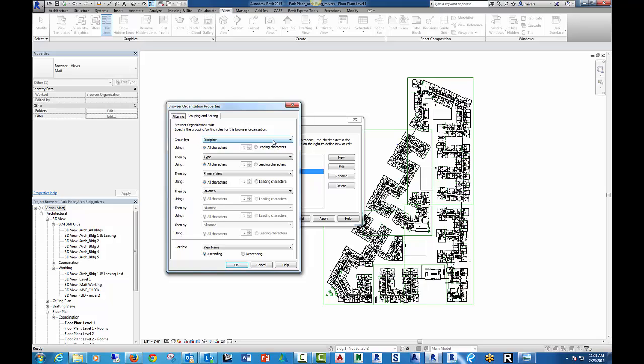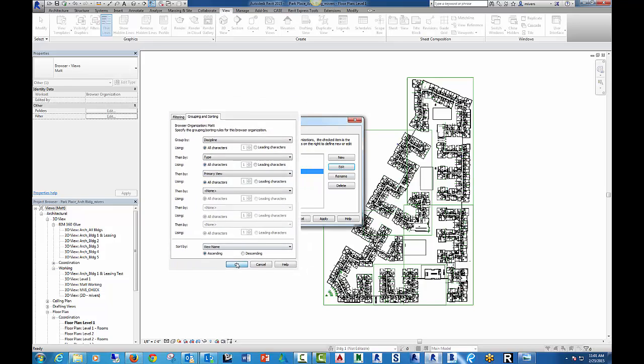That's going to be architectural, structural, mechanical, things like that. The next one is by view type. So that's going to be plan, elevation, sections, 3D views. And then the last thing we want to do is set up the hierarchy of our project browser by the primary view. So just click on that, hit OK,